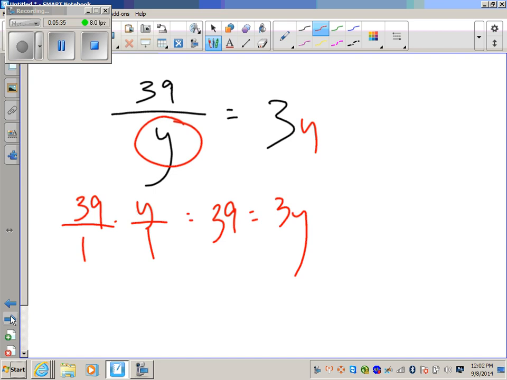Because if I multiply this 39 over y times y, those y's cancel out. Leaves me with just 39 on that side. Multiply that times y. Now we go back and say, okay, we're going to divide both sides by 3, and we should get